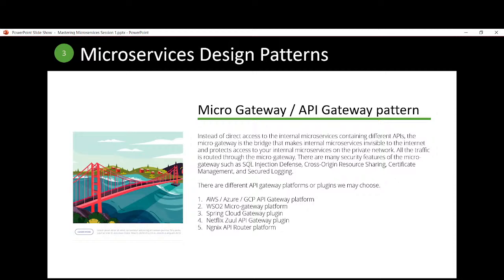So that's another microservice gateway we're going to implement instead of using third-party platforms like WSO2, Nginx Plus. Actually, guys, it's also free, Nginx, but that's not the plugin. That's a platform, the Nginx API router platform. That's number 5. That is free, but